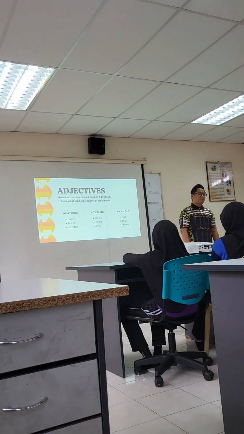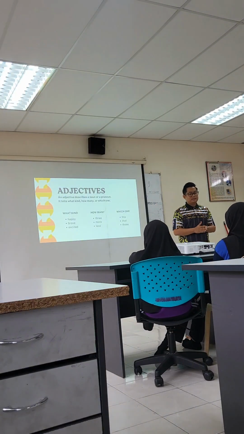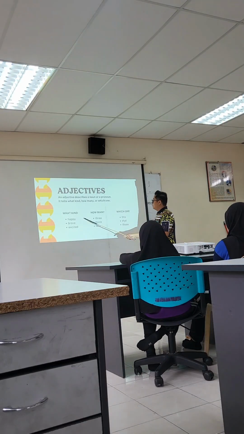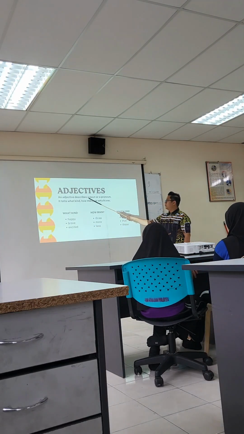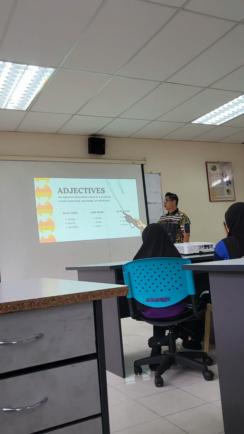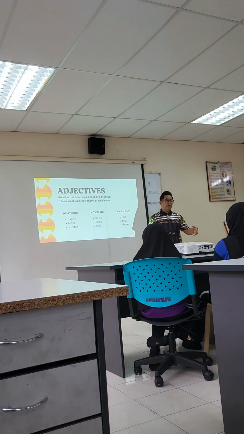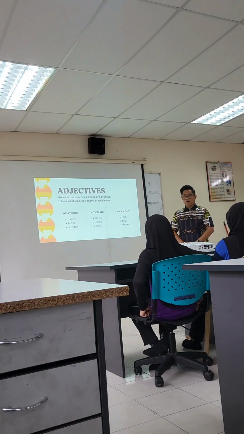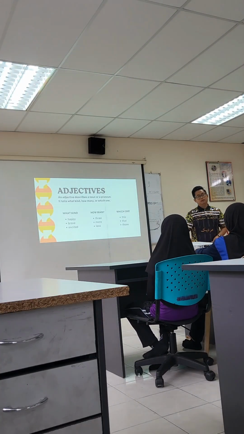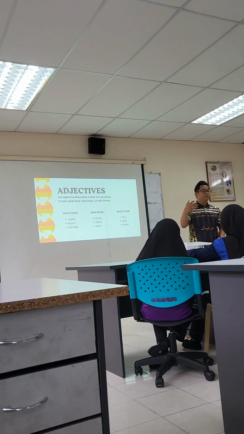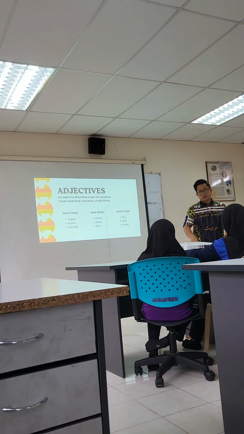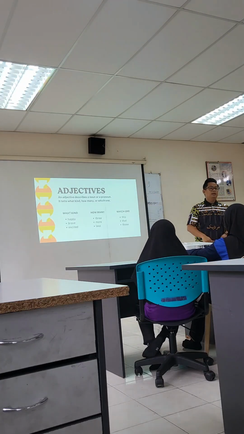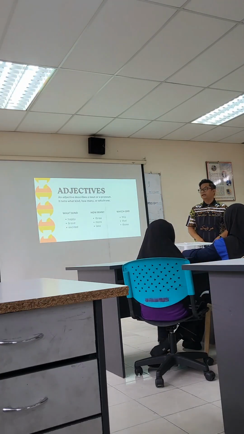Right, so you know what kind? Happy, brave, excited. Okay? So we use these words, happy, brave, excited, to describe a noun or pronoun. Okay, for example, happy. Kita gunakan happy to describe maybe a person or a situation. For example, a happy day ataupun a happy baby. So baby adalah a noun. So we use happy to describe that noun. So that is an adjective.